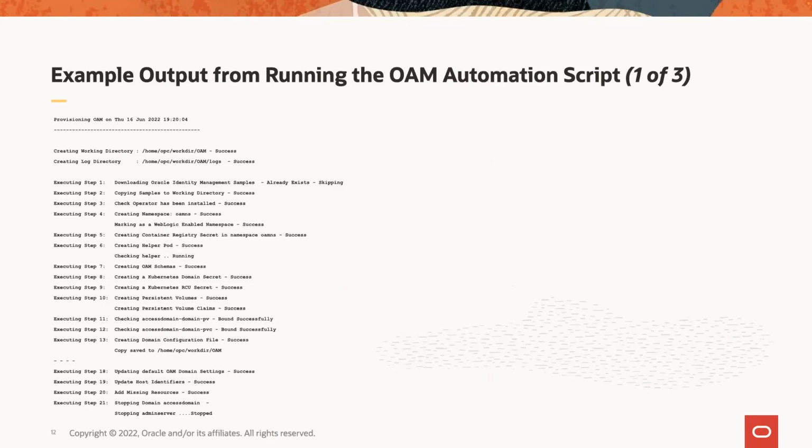The next couple of slides show the output from the OAM portion of the automation script. This is the output one would get when executing provision_oam.sh manually. The steps generally follow the order of the steps in the EDG. For OAM, this would be Chapter